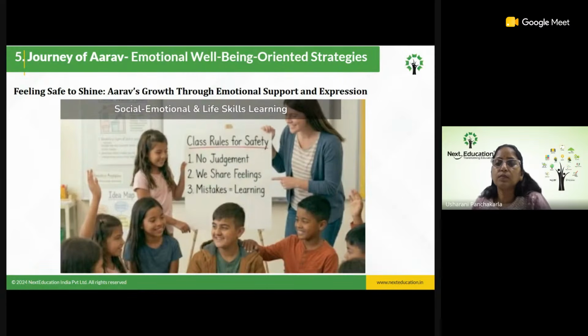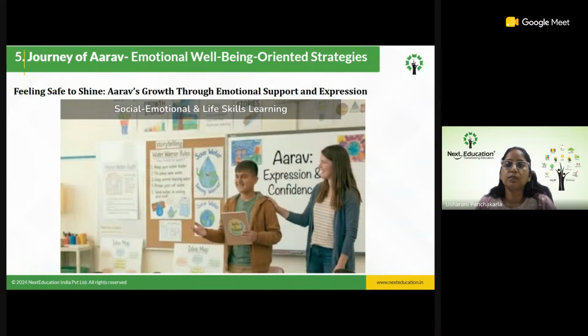Arav shared that he often stayed quiet because he was afraid of giving wrong answers and being laughed at by classmates. Instead of judging him, his classmates supported him and shared similar experiences of feeling nervous. The teacher appreciated Arav's honesty and reminded the class that mistakes are part of learning. This reflected social, emotional, and life skills learning.